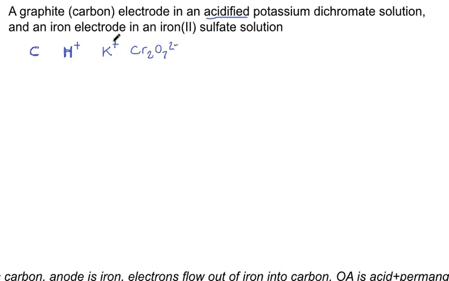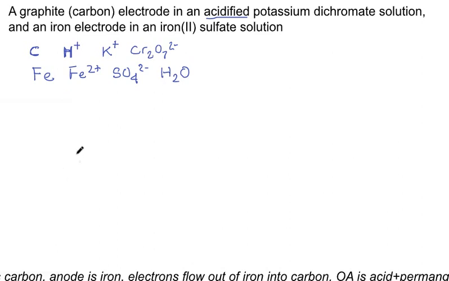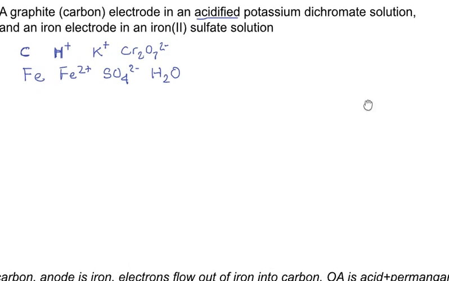We have an iron electrode, iron metal, and iron 2 sulfate. Iron 2 and sulfate ions. And since these things are in solution, we can assume we have water as well. Often the water doesn't do anything, but sometimes it does, so it's good to have it on your list. So these are all the things that could react in our cell, and armed with that, we make our way